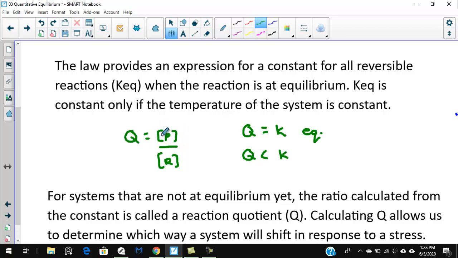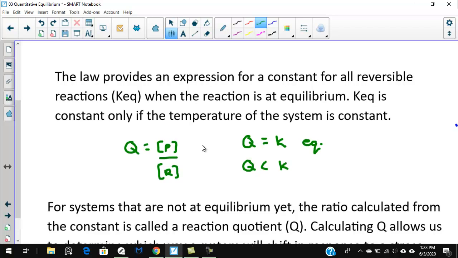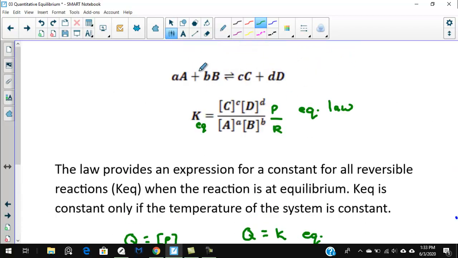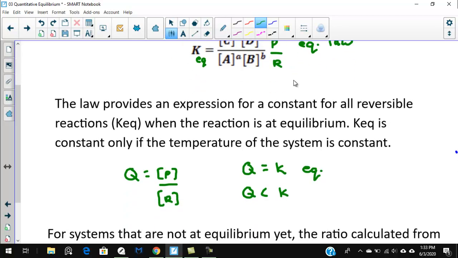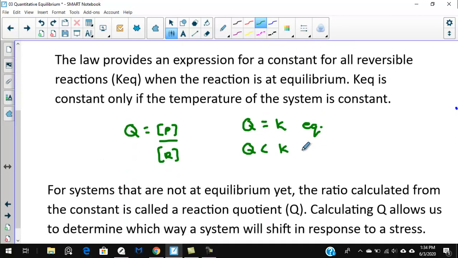Okay, I hope I'm not stretching the math here too fast. But my goal at equilibrium is to have Q equal to K. If I do my calculation at some point during my reaction and find that Q is less than K, then the only way to increase the size of Q would be to make more products. In that case, our reaction is going to be shifting toward the right, and we're going to see more and more products being made. So we're going to see a shift in the forward direction, and more products made. Eventually, that will cause the reaction rates to equal out,